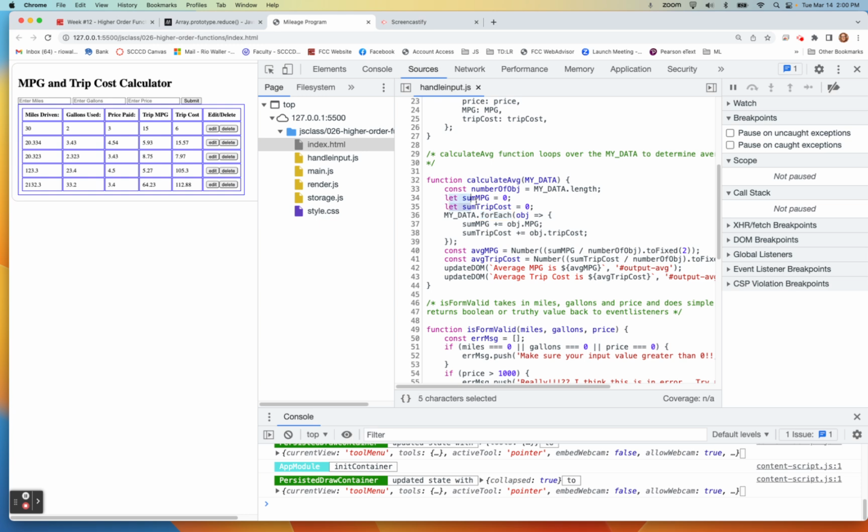Because this is still a lot of code, right? I mean, the good news is we've refactored it to make it more concise, meaning more efficient, where we're looping only over my data once to get both of these numbers. So let's see, right? Let's do a little look at, and in this case, it's going to be the reduce